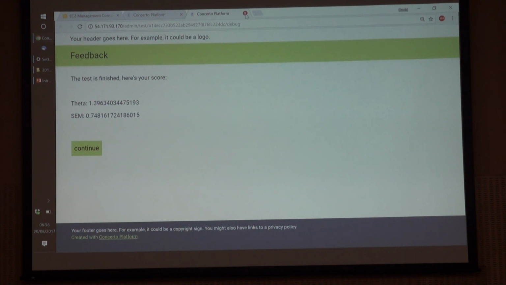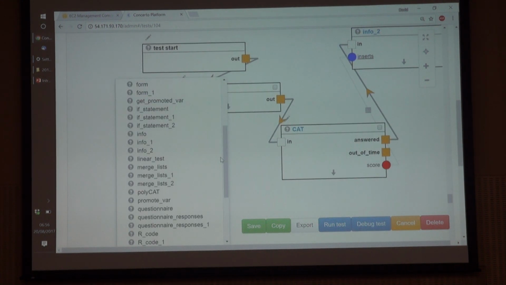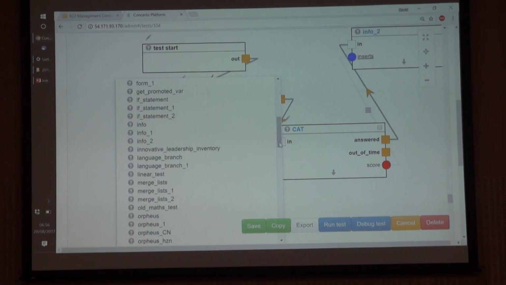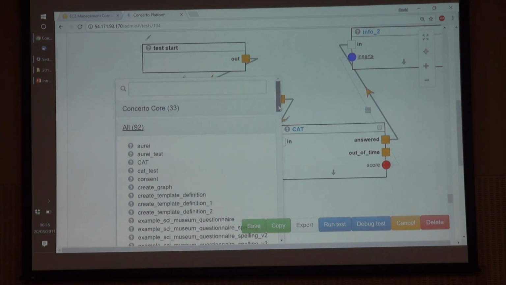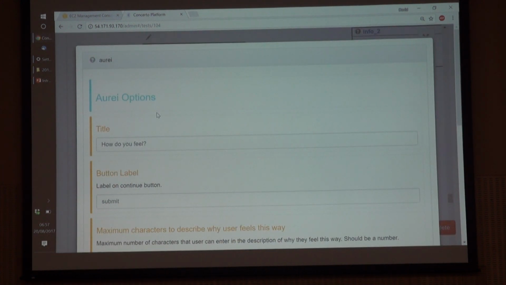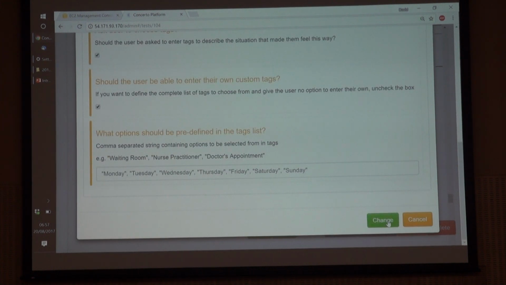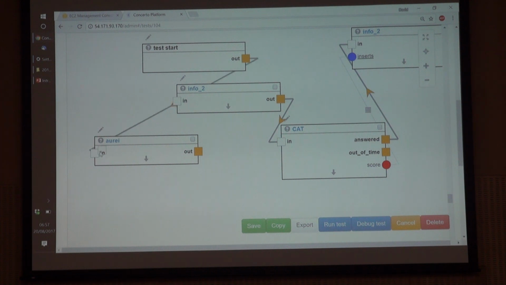Okay, so very last thing, and this is one of the powerful things I like about this flowchart method, is basically if you create a test, your test can be added into another test you've created, right? So in my case, I showed you the emotion assessment thing at the beginning where you said, I feel confident or whatever. So I've already created that, and I can now put that test into this test that I've just created here. So it's got this ORI node, and I can just run that at the beginning.